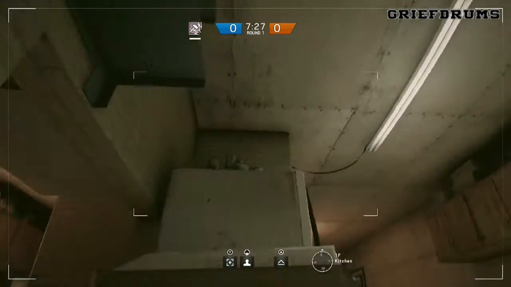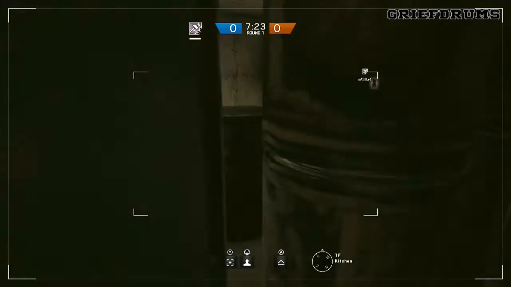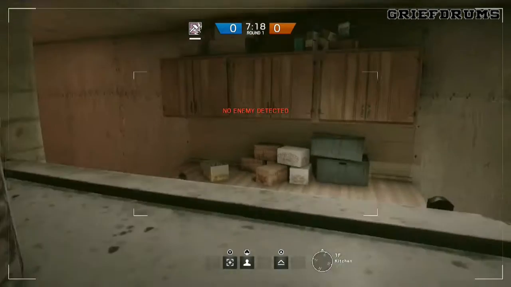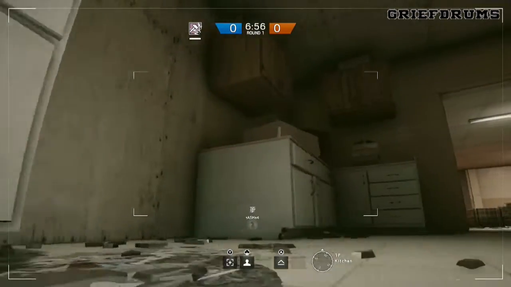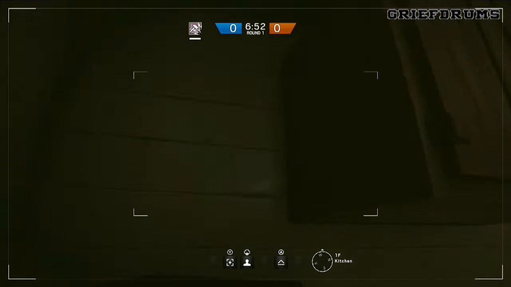So we're going to start off with a couple of drone placements. A lot of these might be known, some of them might not be, but you can jump up here on this fridge for a start and it's really easy to blend into all of the jars and the cans and stuff like that. In the kitchen area, there are so many places you can hide by jumping up on top